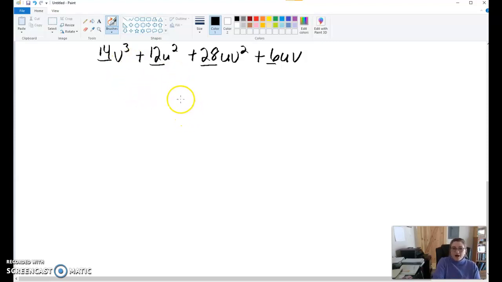And when I factor out 2, I'm going to write my v's and my u's in a different color just so that they stand out to me a little bit better. So I'm going to pull out my 2. And so 14 divided by 2 gives me 7. And I'm going to pick this bright red for v. So it's going to be v cubed plus 12 divided by 2 gives me 6. And we'll use blue for u, so u squared, plus 2 goes into 28,